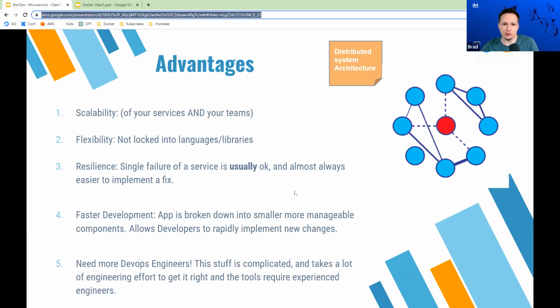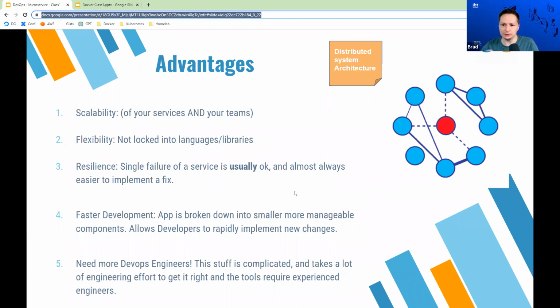And if you add 2 more, it doesn't mean it's going to go twice as fast, right? It might not even go 30% as fast, right? You get really big diminishing returns as you add more developers onto a single code base. So microservices allow us to have smaller teams, and having smaller teams allows us to scale up how fast we can actually deploy our application and iterate on it.